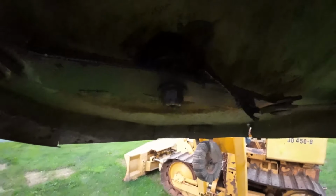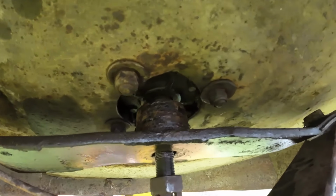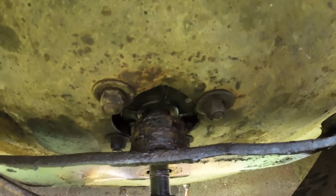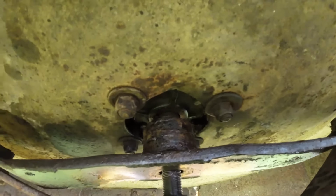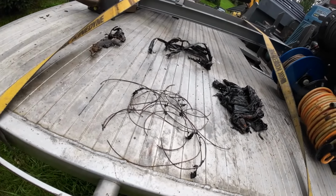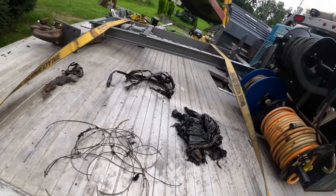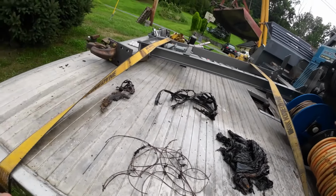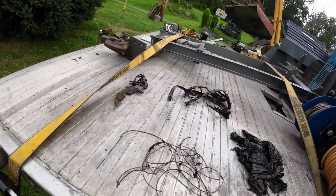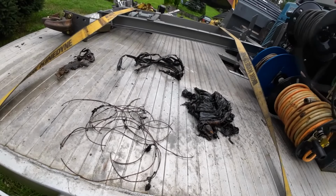I finally got the collar free, and we can see the shaft out of the gearbox now. Man, there's a lot of stuff wrapped around there. Got 4 piles here. Wire. I'm pretty sure that's a garbage bag. Soaker hose, and I believe that's part of like a tire bead. So I'd love to know the story here. Someone didn't give a